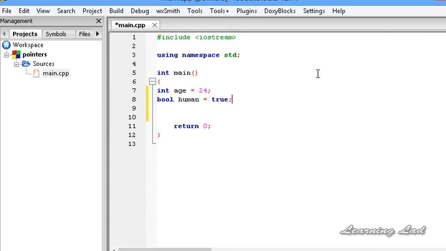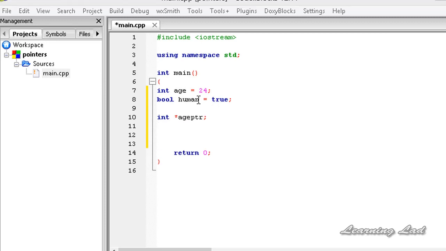So to create a pointer, first we need to specify the data type. So a data type of a pointer is nothing but the type of the variable whose address will be stored in this pointer. In this case, I'm going to create a pointer to store the address of this variable age, and since this age variable is of type integer, our pointer should be of type integer. So it's going to be int. Next, to tell the C++ that we are dealing with the pointers, we need to use this star operator and then the name of the pointer, and in this case I'm gonna call it as age ptr, age pointer,